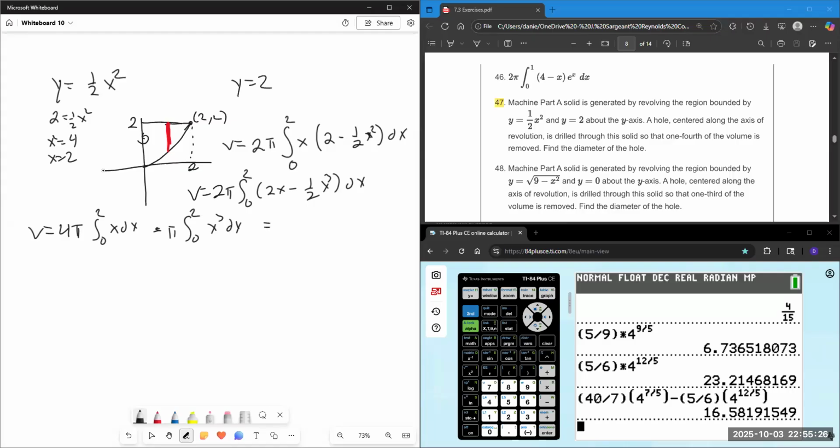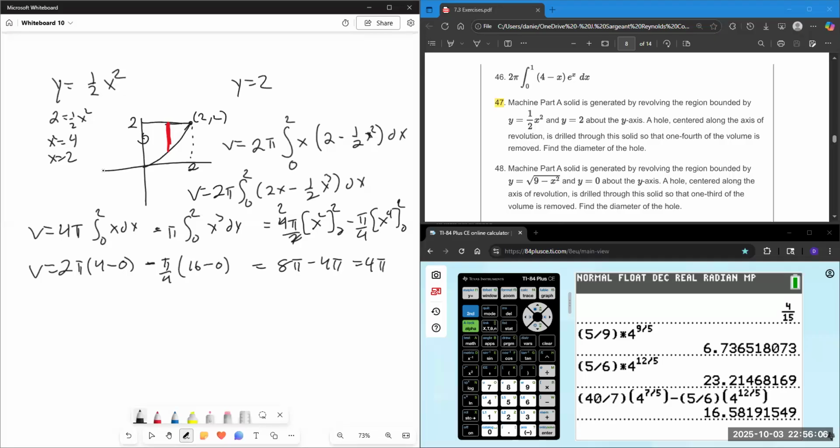That will be 4 pi x squared over 2 from 0 to 2 minus pi over 4 x to the 4th from 0 to 2. Volume is 2 pi times 2 squared is 4 minus 0, minus pi over 4 times 2 to the 4th is 16 minus 0. So that is going to be 8 pi minus 4 pi is 4 pi, and this is my total volume